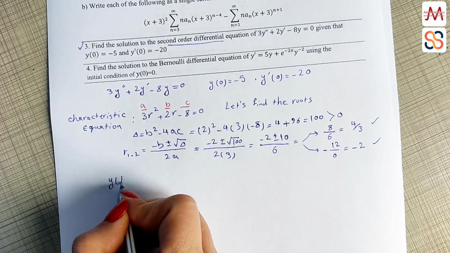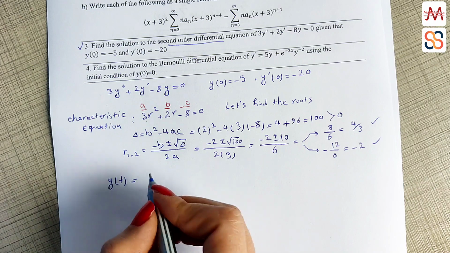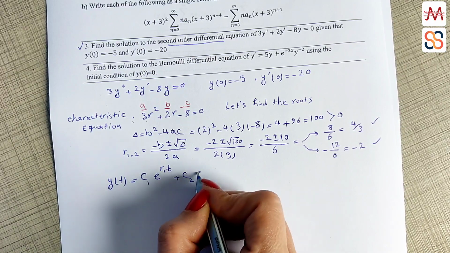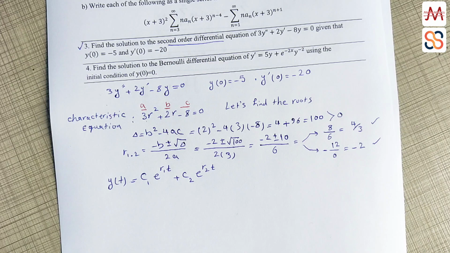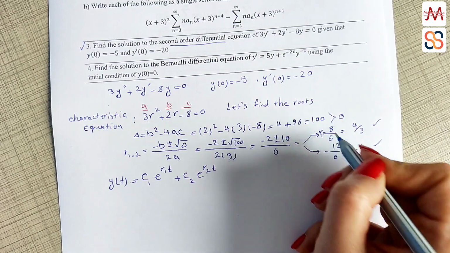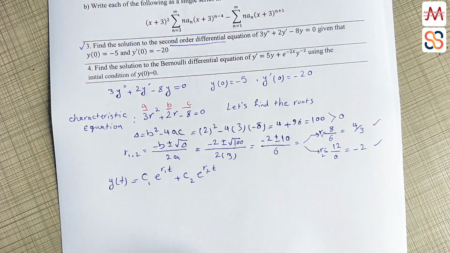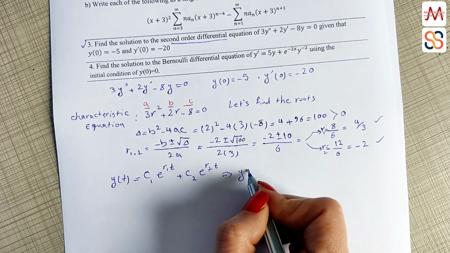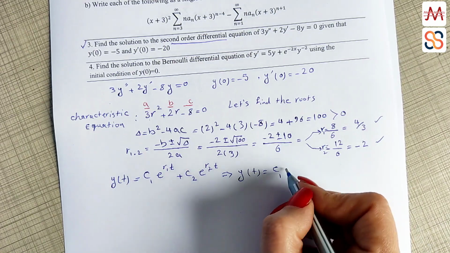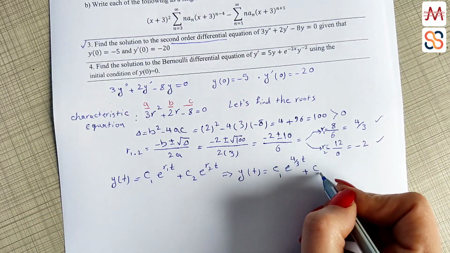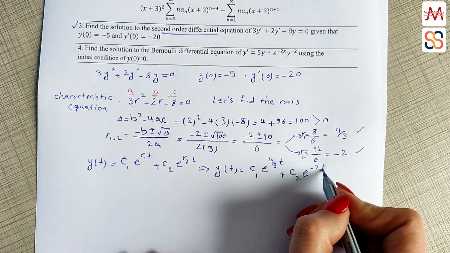When we have two distinct roots for characteristics equation, we have the general answer for this differential equation, that is c1 times e to the power of r1 t plus c2 times e to the power of r2 t, and r1 and r2 are the roots for that characteristics equations. Now let's substitute the amounts of the roots in the general answer. That will be c1 e to the power of 4 over 3t plus c2 e to the power of minus